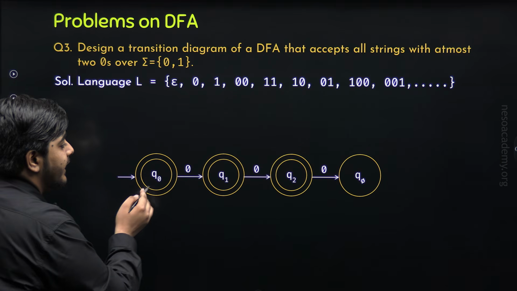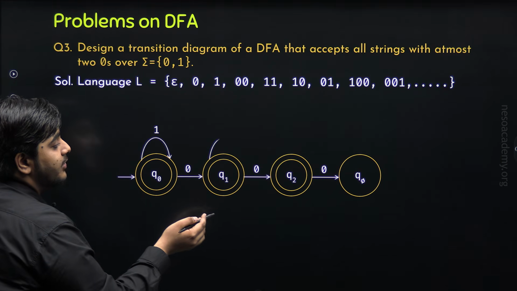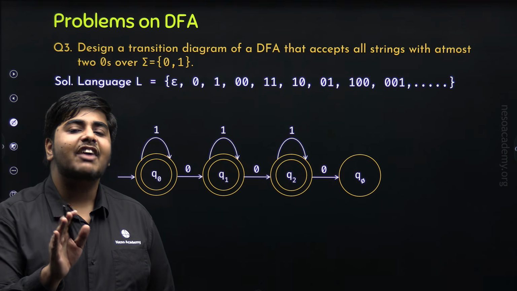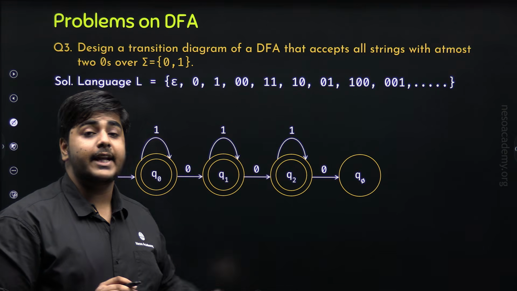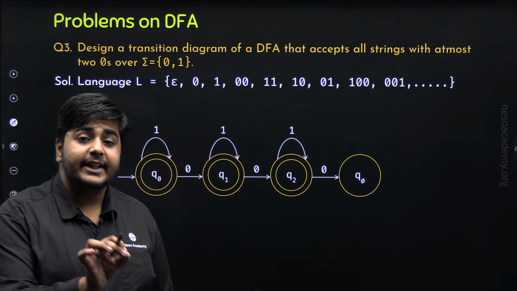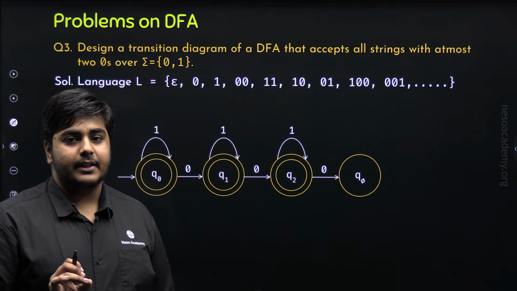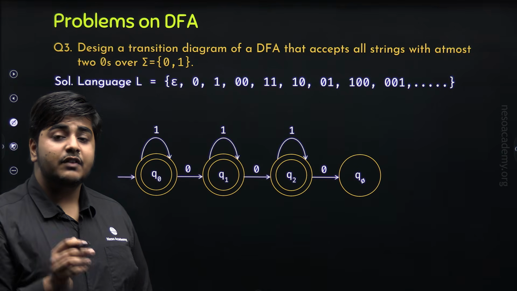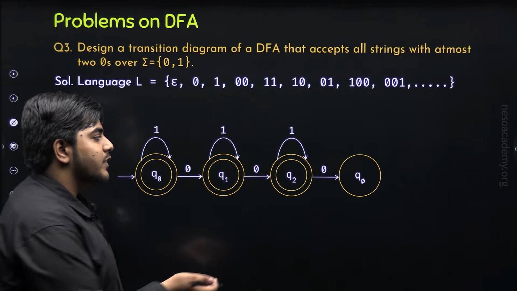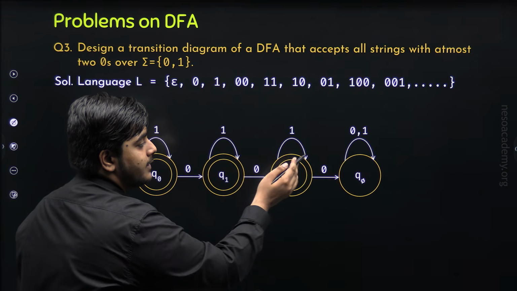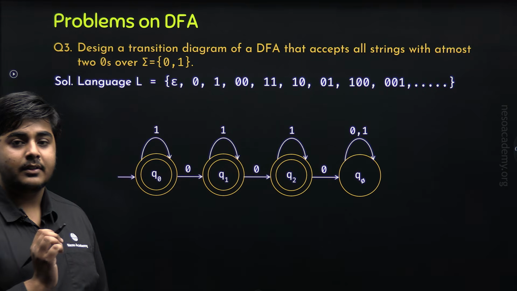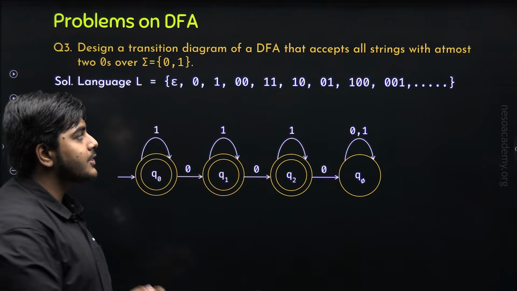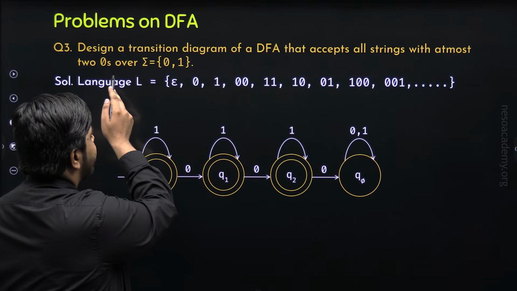So we can simply create a self loop of 1 over these 3 states. Now if I talk about the dead state, you don't have to worry about its transitions, because once we reach the dead state, we are trapped there. So if we get any other symbol from the set of input symbols, we will still remain at the dead state. So we will simply create a self loop of symbols 0 and 1 over our dead state. So this is our deterministic finite automata, which will accept all the strings having at most 2 zeros over the